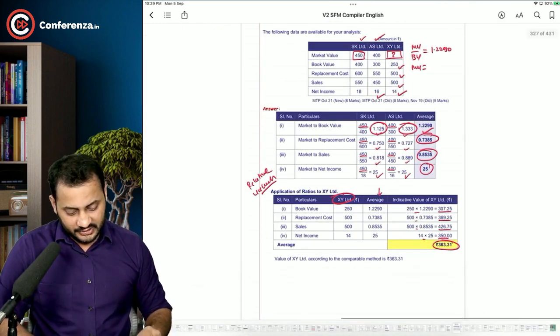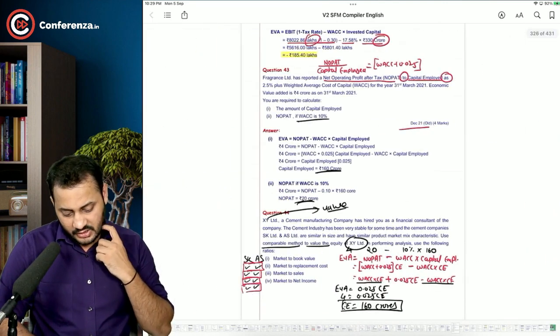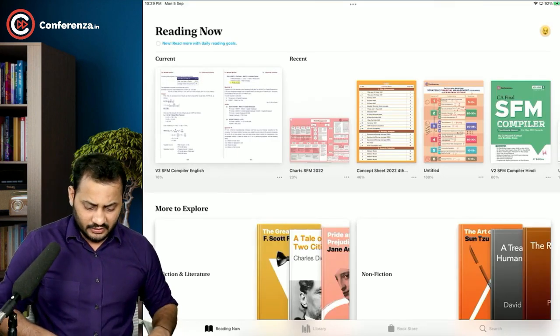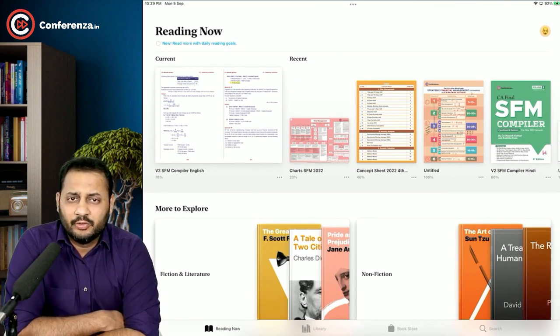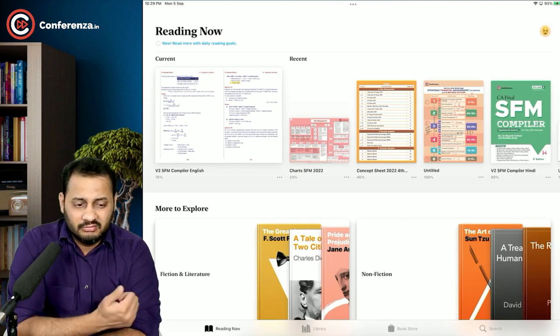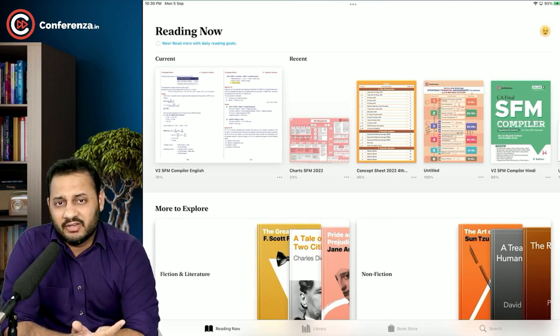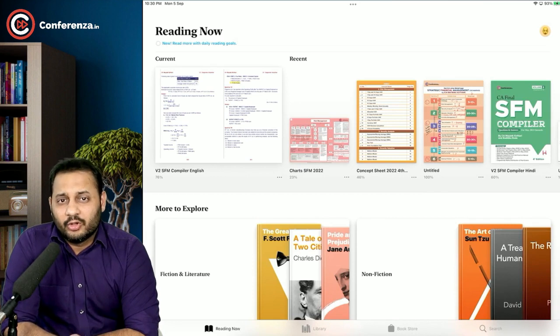Cool. With this we finished the chapter of corporate valuation, sir. Obviously it had 44 questions, but most of the questions were easy. And I told you in the beginning of the chapter itself that almost all the concepts were covered in portfolio management and the security valuation and international financial management, like Geared and Geared Beta. That's it. Couple of concepts were new, like economic value added. Rest, some of the concepts were from intermediate, like net present value,